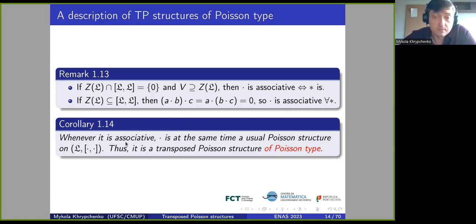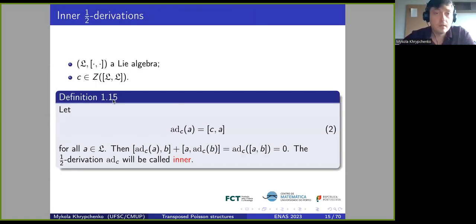So yes, it's written here that such an operation dot is a TP structure of Poisson type. Now, these are two cases that happen in those 5 papers that I have mentioned above. So for me, it's enough to consider only these 2 cases, but of course not all the cases that appear a priori. Well, another class of half derivations and the corresponding class of TP structures. Okay, this was quite new. It was discovered recently in our last paper that appeared today on arXiv.